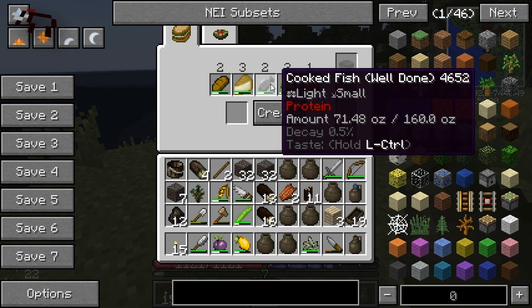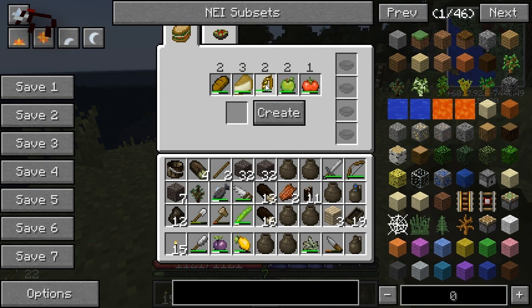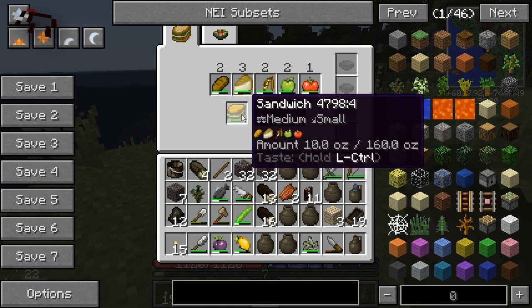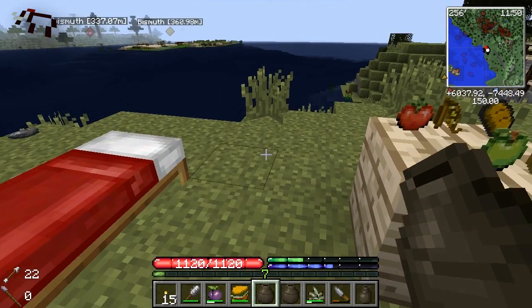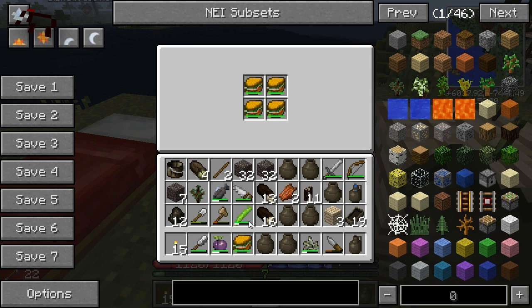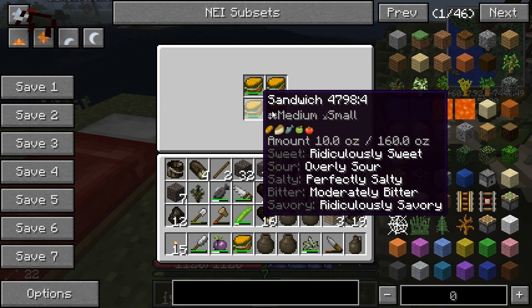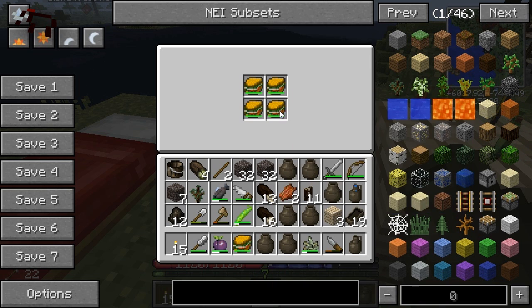Alright, let's say we take out fish and we put in soybeans. What does that get us? Ridiculously sweet. Not very bitter. Moderately bitter. Not very and moderately, I don't know what the difference is. This is going to take a lot longer than I thought to figure out, so...